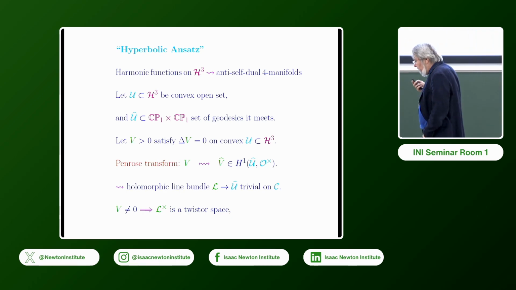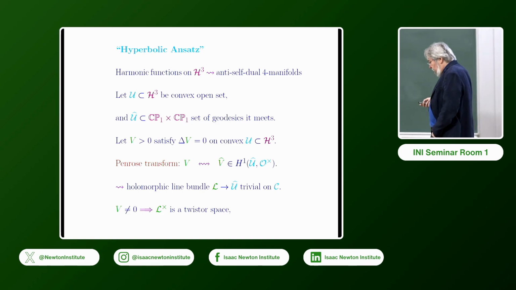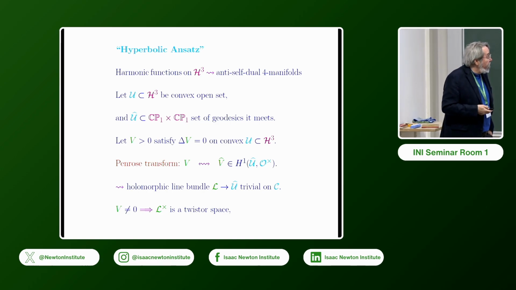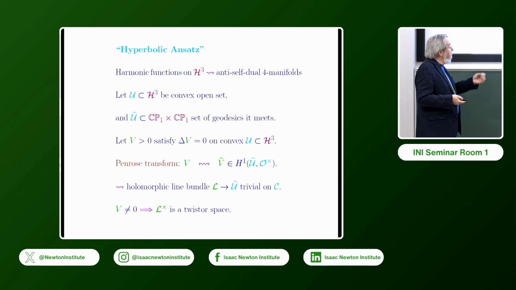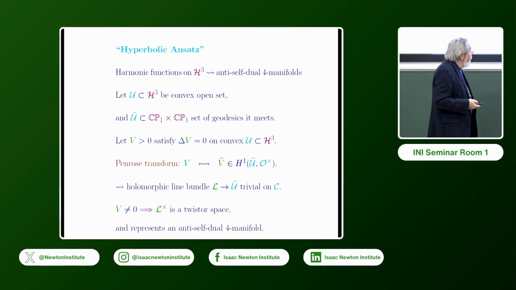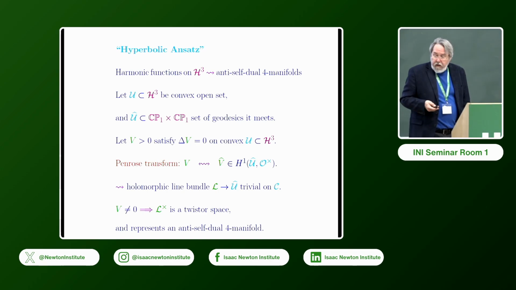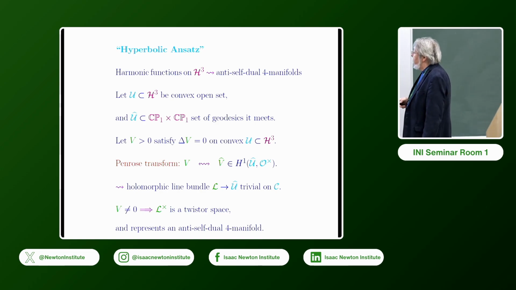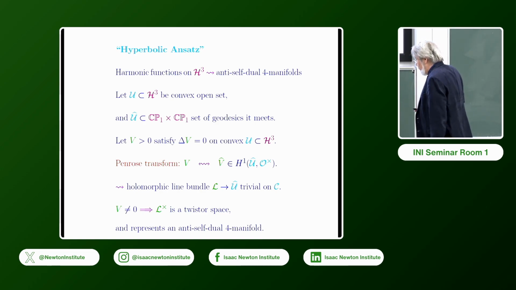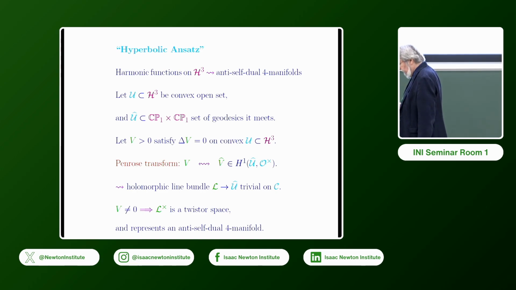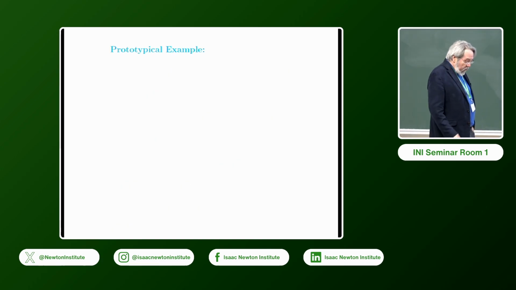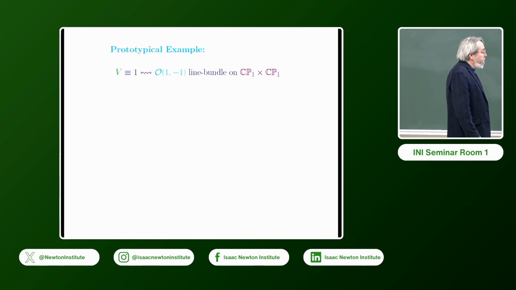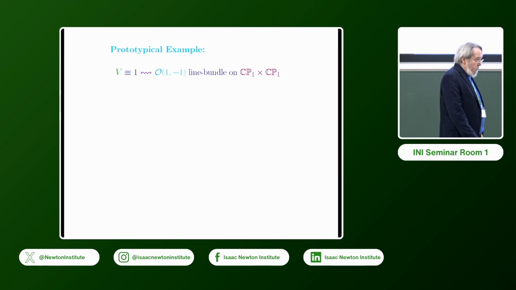So if you have a non-zero harmonic function on a region in a mini twistor space, you can think of the corresponding principal holomorphic line bundle as a twistor space. And if this function is actually real, and you might just, by changing the sign, assume it's positive, then it will give rise to a Riemannian solution of the anti-self-duality equations. So the prototypical example of this is, suppose we looked at the function which is identically 1 on